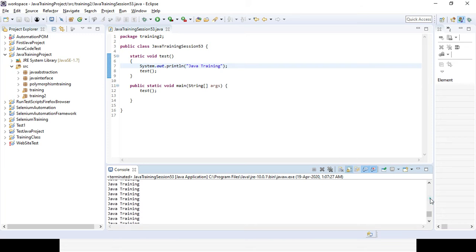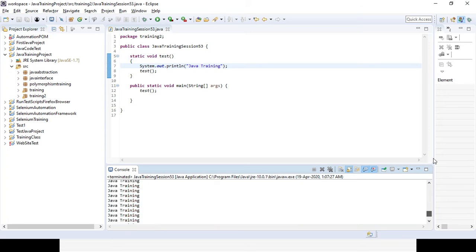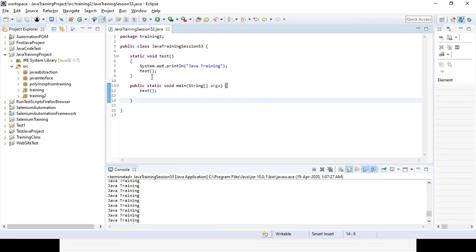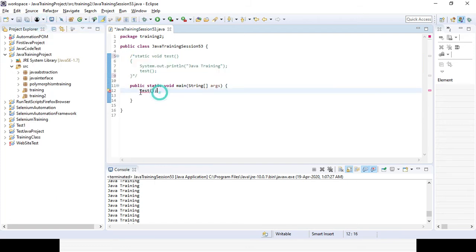It goes into an infinite loop and an error will come. So we have to stop the loop using conditions, an if-else statement. That is the basic recursion approach.